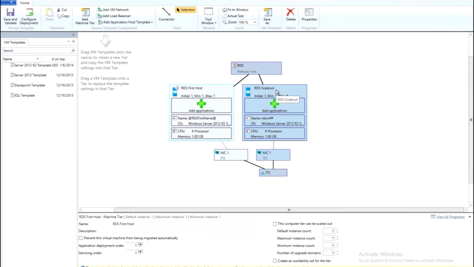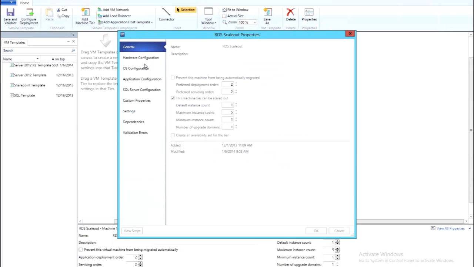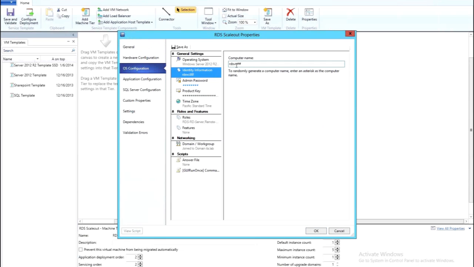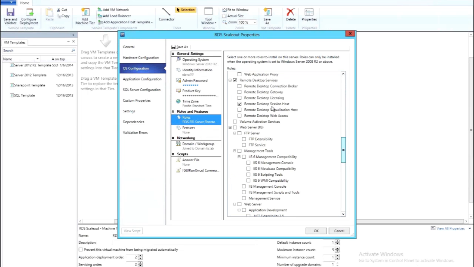Now on the scale out tier, things get a little more interesting. The computer name for the scale-out tier is RDS-CC ##. The pound symbols mean I want you to increment from 1 to 2 to 3 up until 5 in this case. The roles are the RDS session host for remote desktop services,